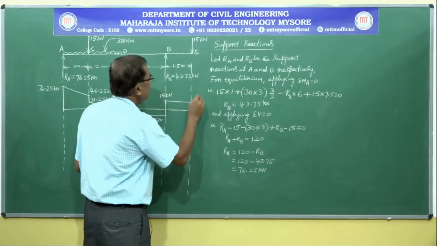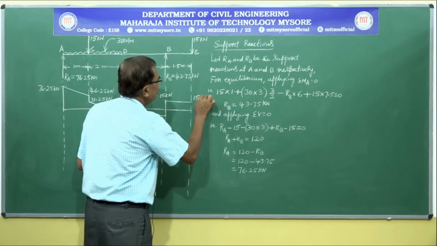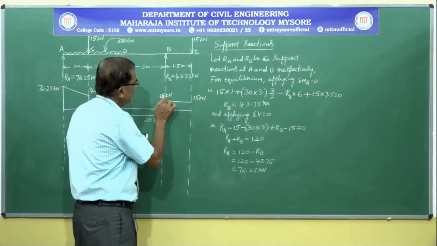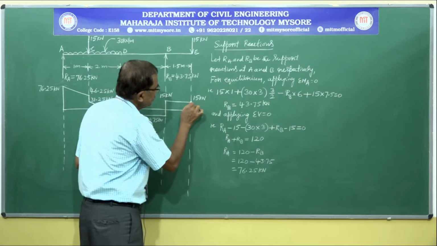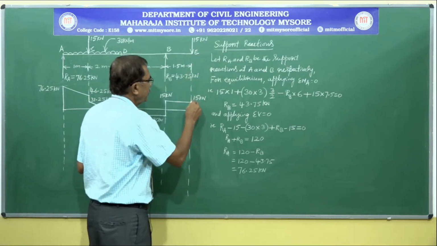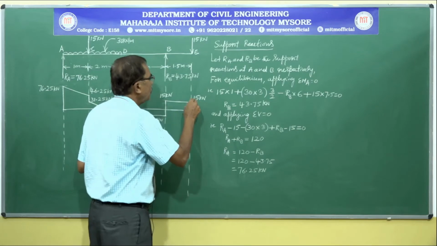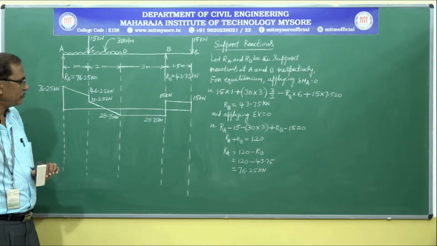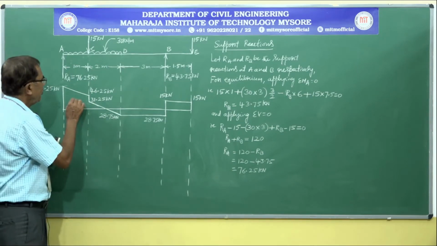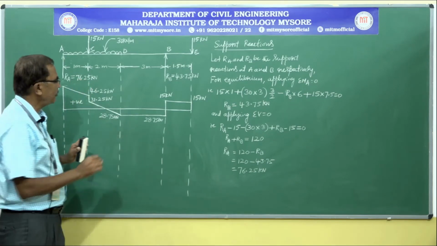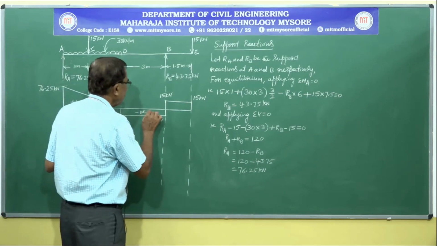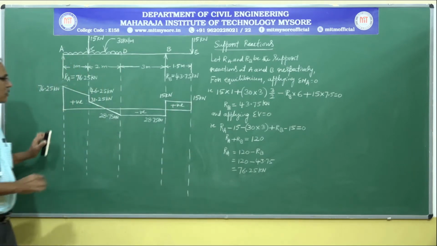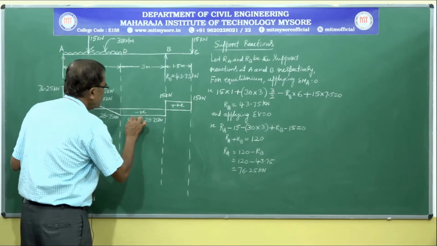At point E, there is a point load, 15 kilonewton. The same value is also carried here, 15 kilonewton. At point E there is a point load acting in the downward direction, so come down vertically by 15 kilonewton and join with the reference line. So in the shear force diagram, above the reference line is positive, below the reference line is negative, and again above the reference line positive. This is our shear force diagram.